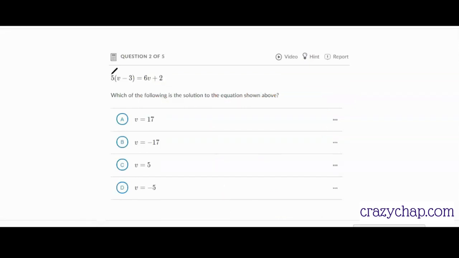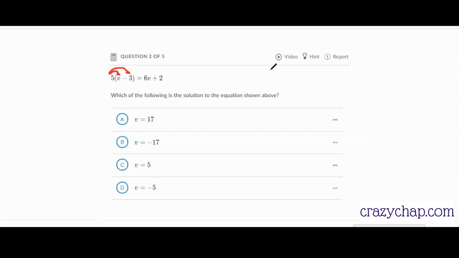Let's solve question number 2. Question number 2 says, this equation is given. Which of the following is the solution of the equation above? So we have to just find the solution. Okay. Solving the left side, 5 will multiply with them and break the bracket. So we get 5v minus 5 times 3 will be 15 is equal to